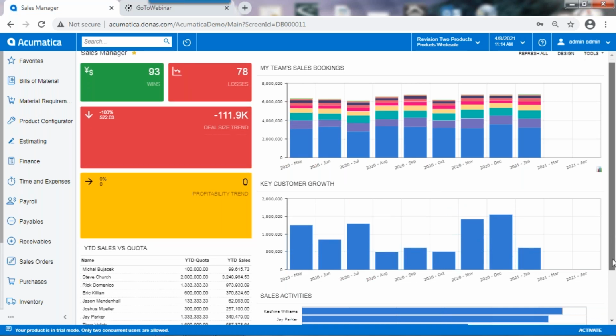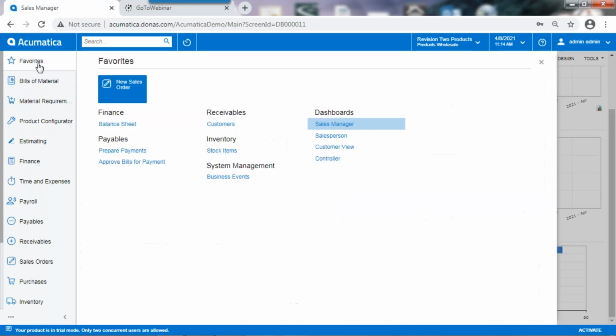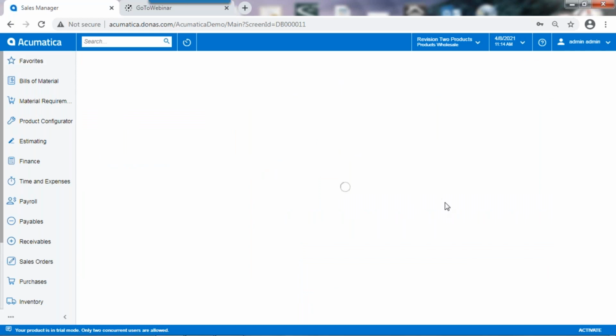If I scroll down, because I said I can have multiple reports, year-to-date sales versus quota by my sales team, sales activities, what's going on with them. The neat thing here is that you define what all of these applications are. Now, if I go over to the customer view,